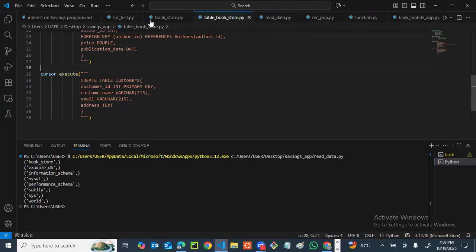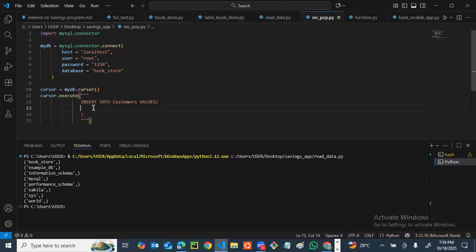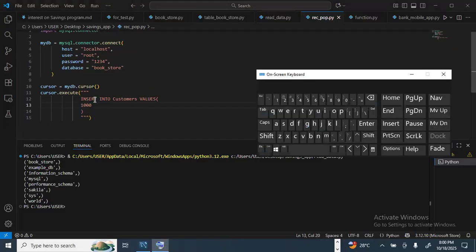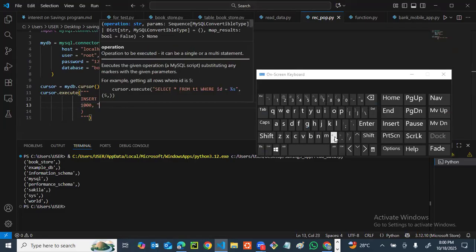So since we know what we are using as our values, we have customer ID, customer name, email and address. So let's go back to our rec pop. So the first one is an integer, right? An ID. In this case, let's just say our ID is 1001. Okay, sorry, since this is the first customer, you can start with 1000 as the first customer, right? So we say 1000 for the first customer, then we say a comma. The next one is a name, which we say should be a